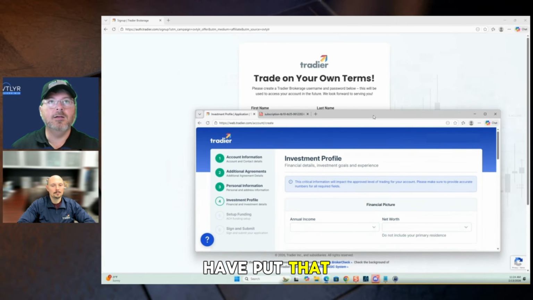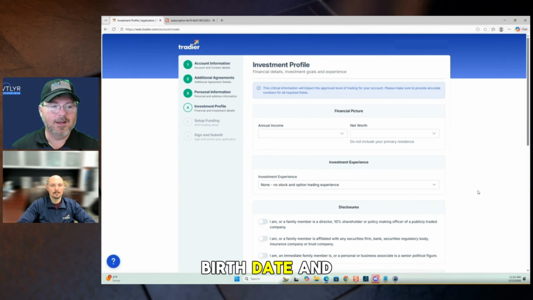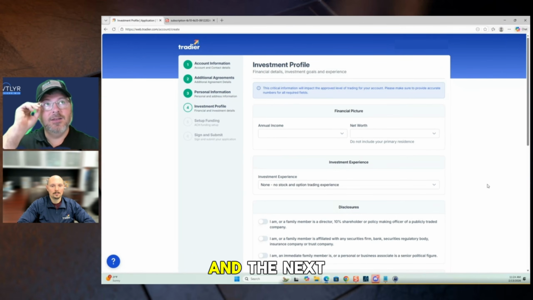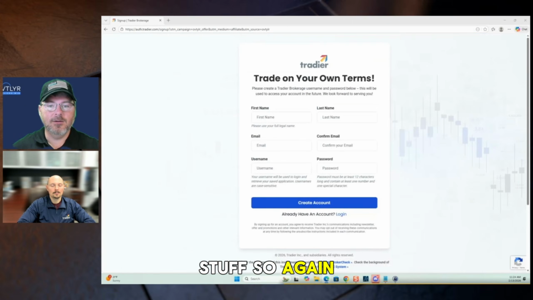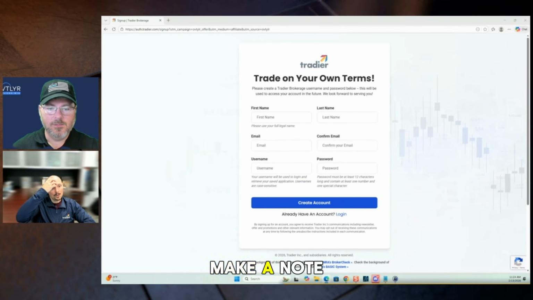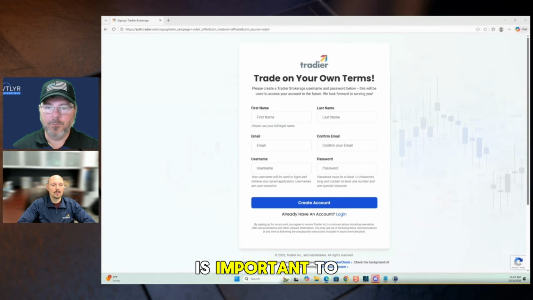All right, I have put that information in, birth date and address and things of that nature. And the next screen, it's asking me for annual income, net worth, investment experience, that sort of stuff. So again, I'll do that off screen quickly. Yep. And I'll make a note here. It is important to fill out those fields